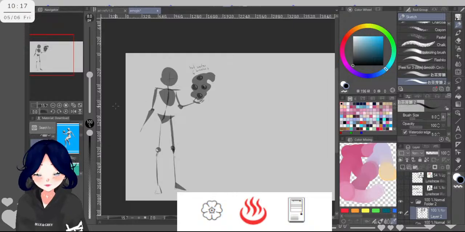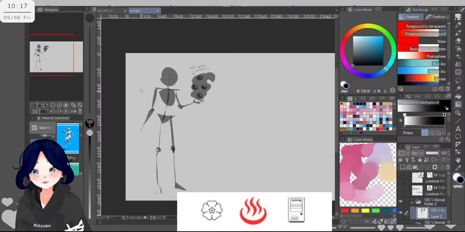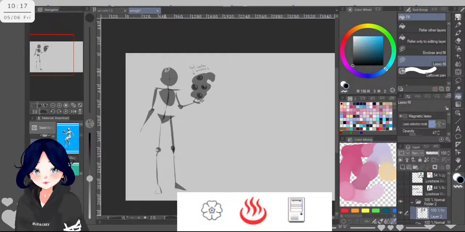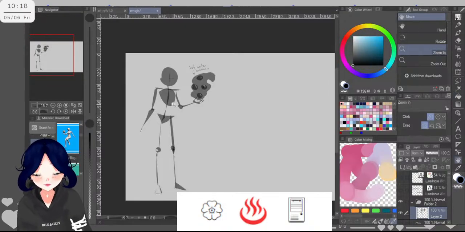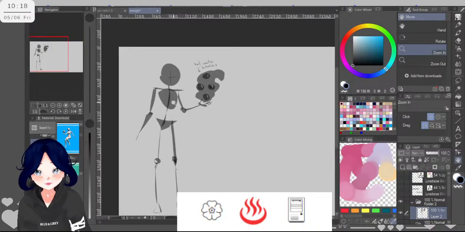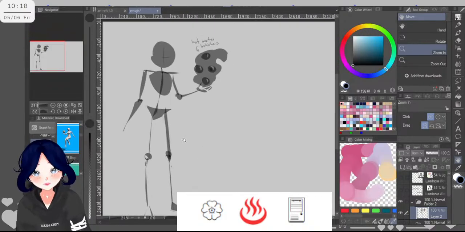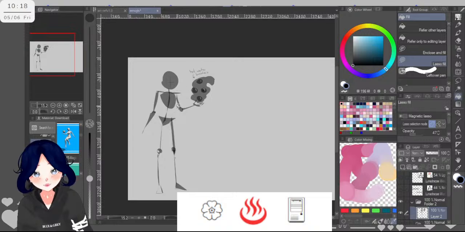Because for the flower I have thought about something. Well, the theme I was thinking about, like a superhero from the My Hero Academia universe, because of the power.